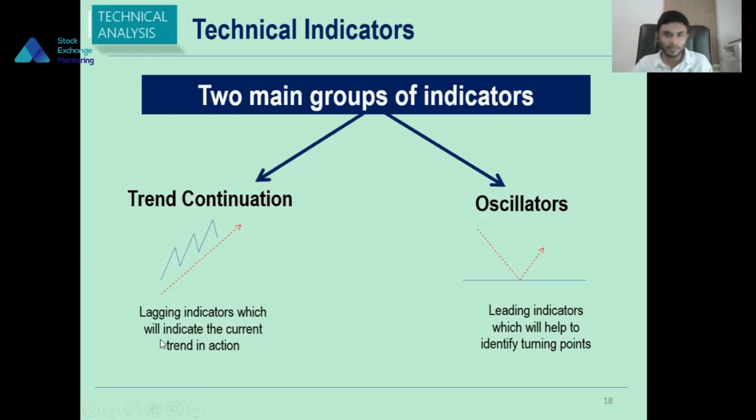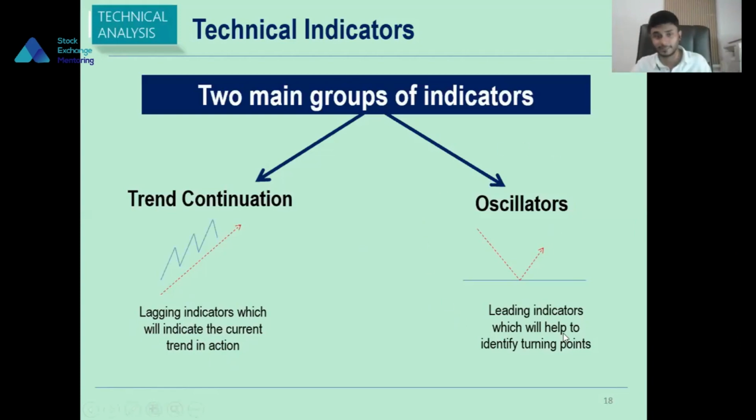However, since these trend continuation indicators work based on statistical models on historical price and volume data, they need time to process and confirm that direction, so these can be lagging indicators. Even after the trend has started, the indicator will give you a late signal. So that is why there is a small limitation in these indicators. In fact, not small, the limitation of the indicator is it gives you a late signal. So these are lagging indicators which will indicate the current trend in action. So maybe even if it is an uptrend or downtrend, it can give you a late signal. So that is the problem.